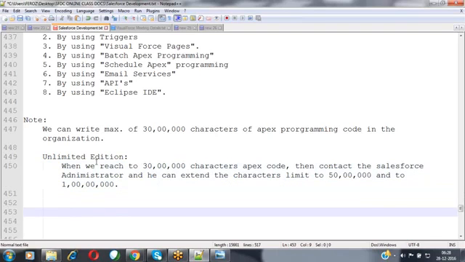Depending upon your requirement, we can keep on extending this characters limit. That flexibility will be available.